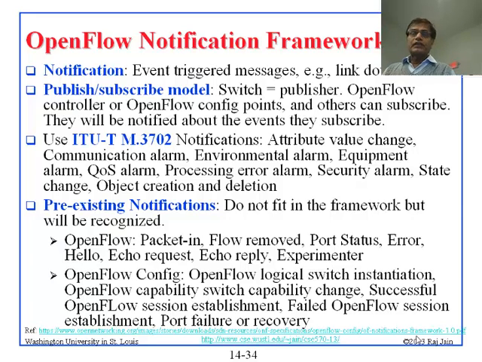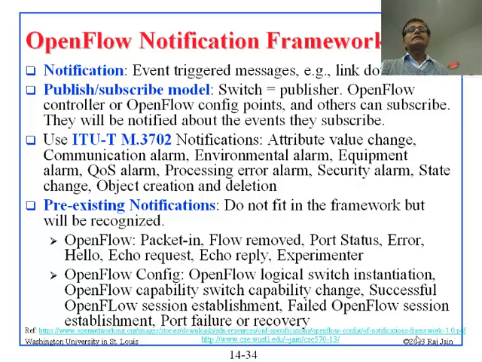And so what is the notification? Notification is event-triggered messages. If something happened that you were not expecting, then you have to tell the boss. That is an event, right? And that is a notification. So notification is in some sense something that you were not expecting. You get a message saying that, okay, I'm sick, or my port is down, or my buffers have overflowed.